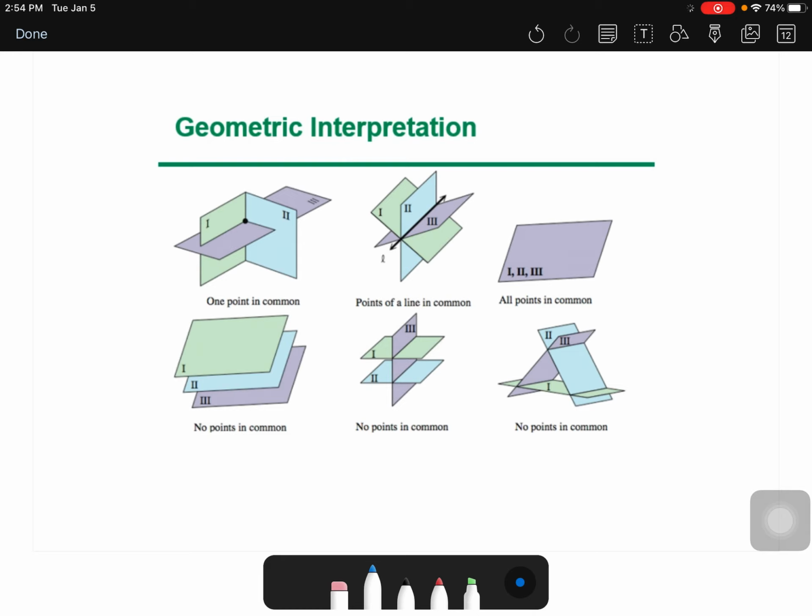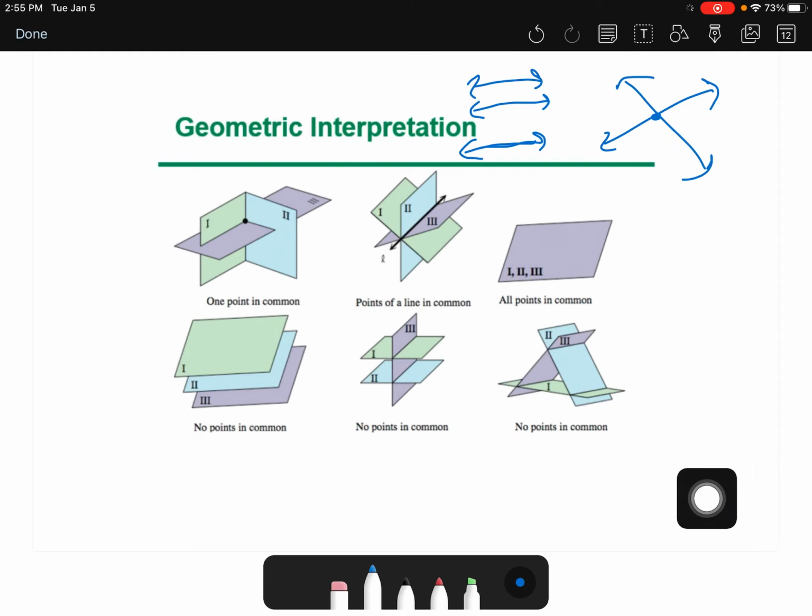Some geometric interpretations here. When you're solving a system of equations in just two variables, it's pretty straightforward. It's either two lines that intersect in a point, and you get the one ordered pair for the solution. The other thing that can happen is you can have parallel lines, which means you have no solutions, or you can have one line right on top of the other line, and that's where you have infinite solutions, right? Now, when we're talking ordered triples, what you're representing, instead of lines, is a plane,